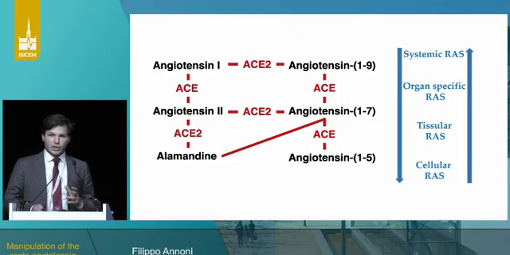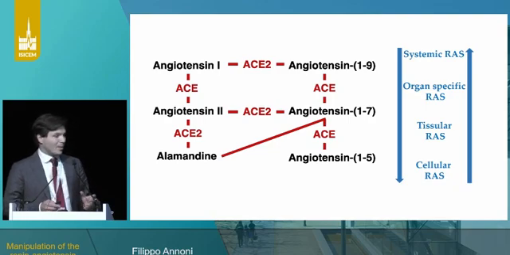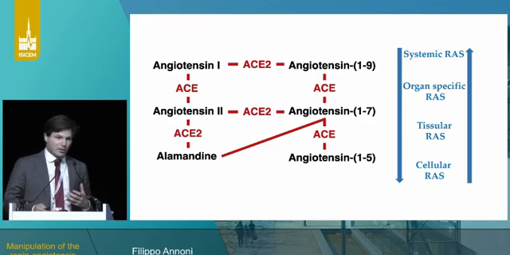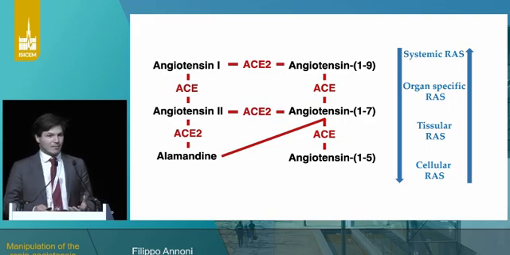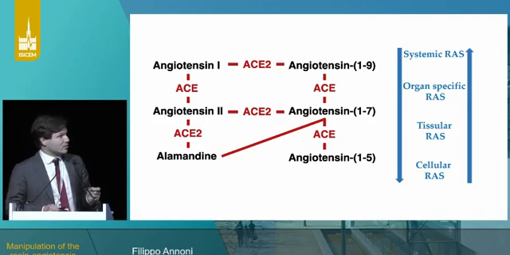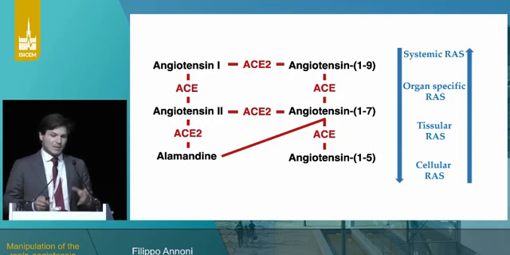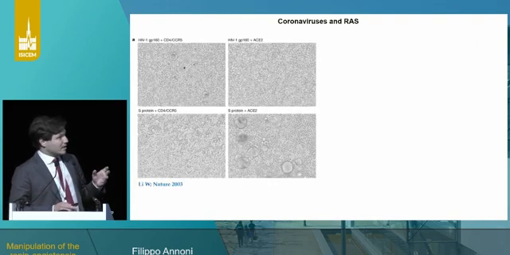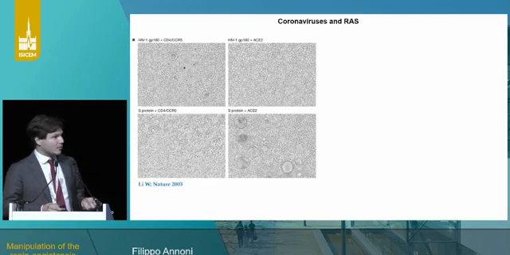Nowadays, we should probably talk about the system as a complex network of reactions that are tightly up-regulated and down-regulated by multiple feedback mechanisms involved in the control of several physiological processes around the human body. And there is thorough crosstalk between a systemic RAS in the bloodstream and more specific, organ-specific or even tissue- or cellular-specific sets of these systems. This is particularly important when we relate RAS to coronaviruses.